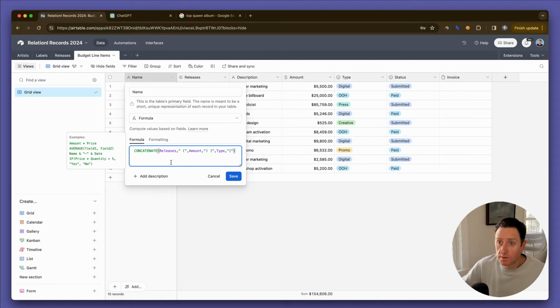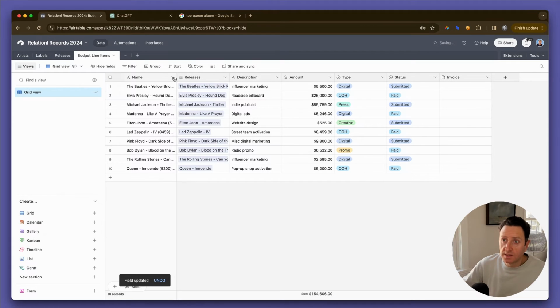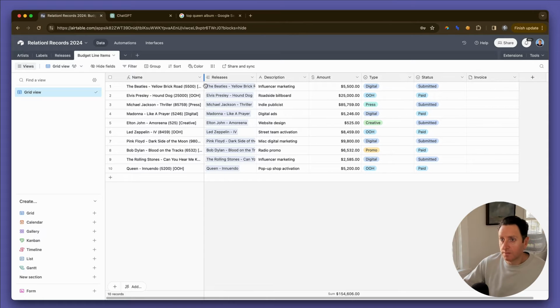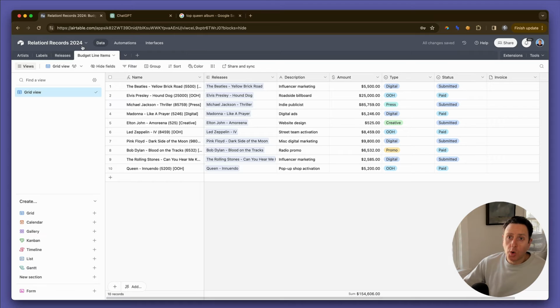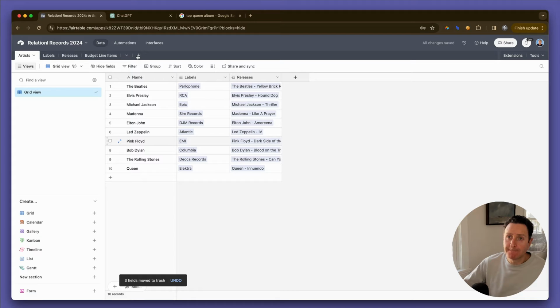If somebody has a better way of doing the primary fields, I'd love to know, but that's the way I do it. Cool, no big deal. Just the primary field just needs to be unique. You're not going to actually use that on display anywhere. Trust me. All right. So we've got artists. Artists have labels. Let's get rid of these fields. I don't like when they give you those fields. Delete. One more thing. We need,